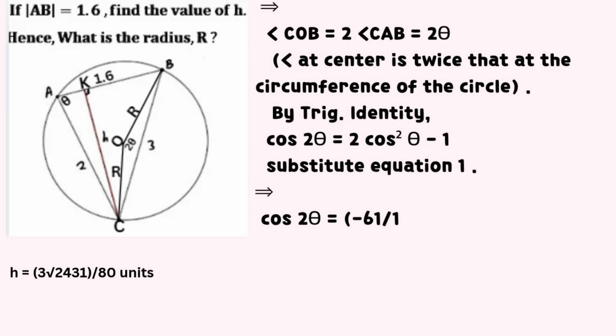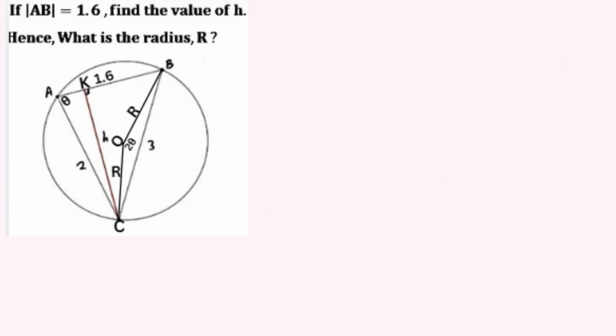By trigonometric identity, cosine 2 theta equals 2 times the square of cosine theta minus 1. Substitute equation 1. It signifies that cosine 2 theta equals 2 times the square of negative 61 divided by 160 minus 1, which equals negative 9079 divided by 12,800. We call it equation 3. Therefore,